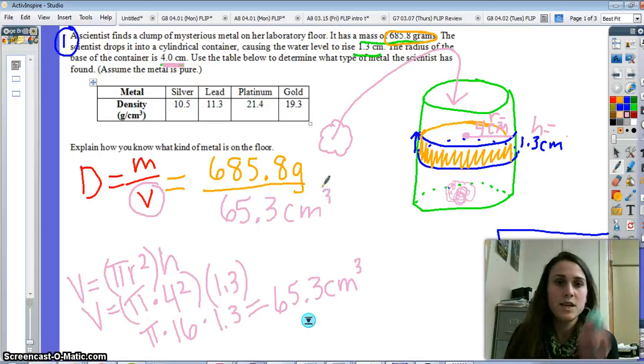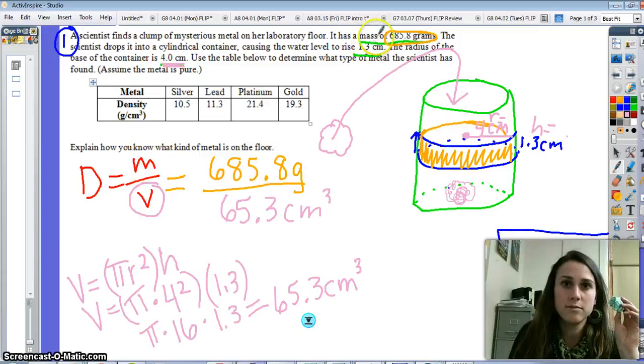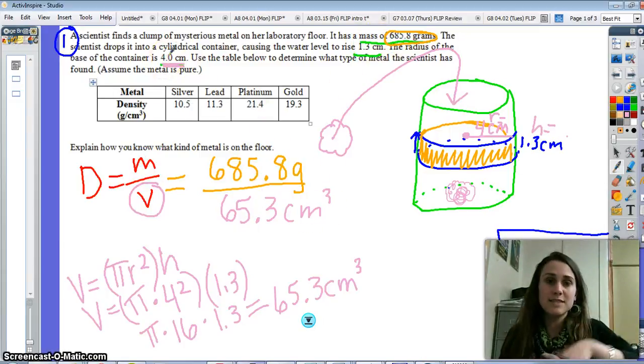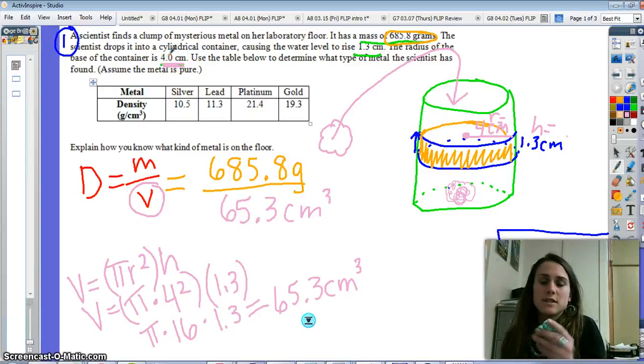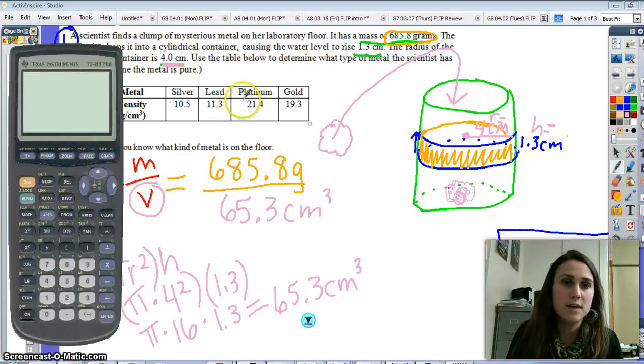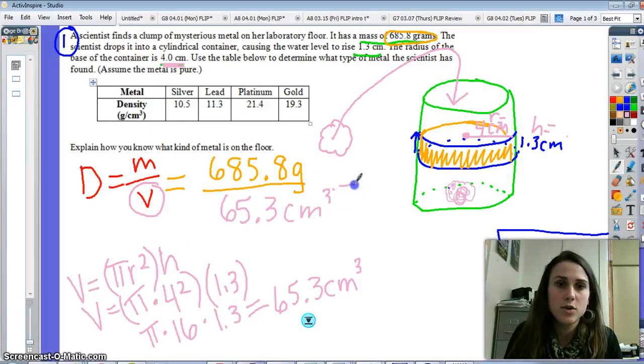If we know the mass of this metal, remember they told that to us up here, and we know the volume of the metal, which we found using displacement. Remember, there's no formula to find the volume of a clump, so we had to do it using displacement. So if we know these two things, our mass and our volume of our metal, we can find the density. Mass divided by volume will give us density. So let's see if when we do that, it will equal the density of one of these metals. 685.8 divided by 65.3 equals, oh my gosh, would you look at that, 10.5 grams